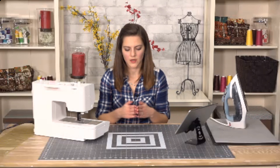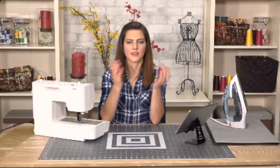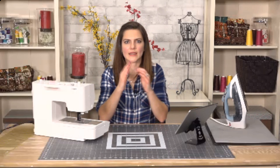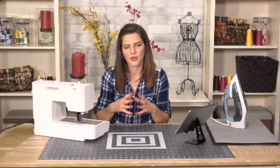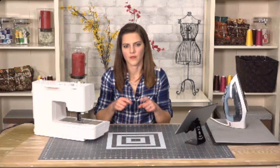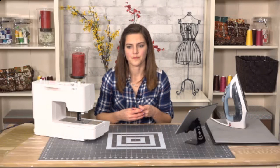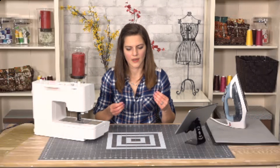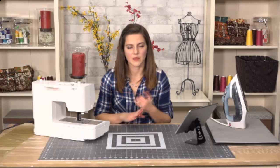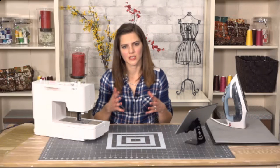The ballpoint needle and those other types of needles, the tip is slightly rounded. It's not dull. It's still going to hurt you if you poke yourself with it, but it's just slightly rounded so that instead of piercing the fibers, it kind of nestles in between the knit fibers of those interlocked fibers. So it prolongs the life of the needle, and it's just designed to work well with knits. So if you are getting skipped stitches when you're sewing on knits, try